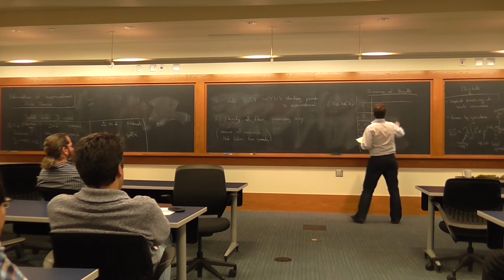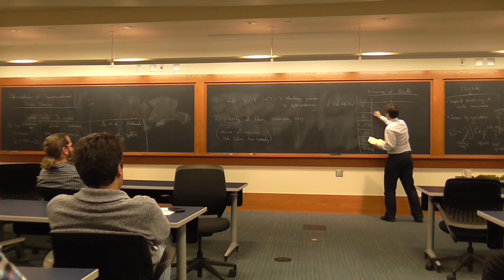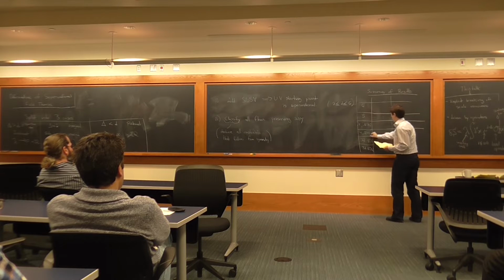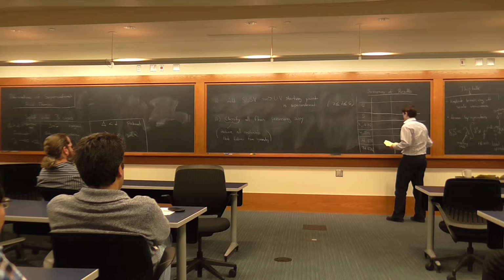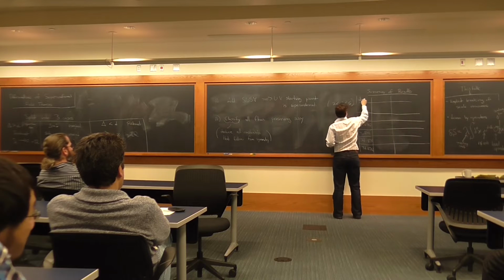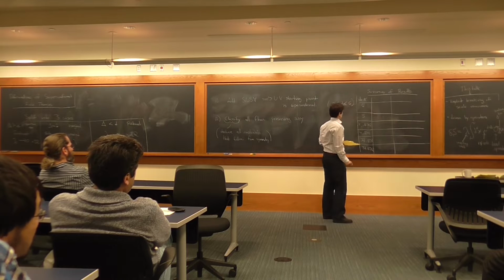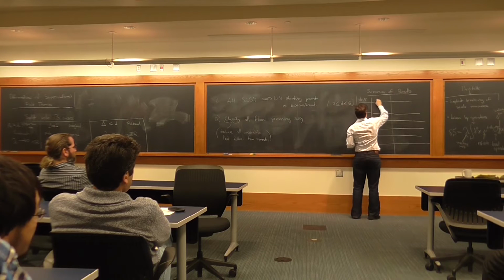Here I'm making a table of space-time dimensions and amounts of supersymmetry if I need to specify. So this is D and N. D is the space-time dimension, N is the amount of supersymmetry, and then in this column let me put relevant